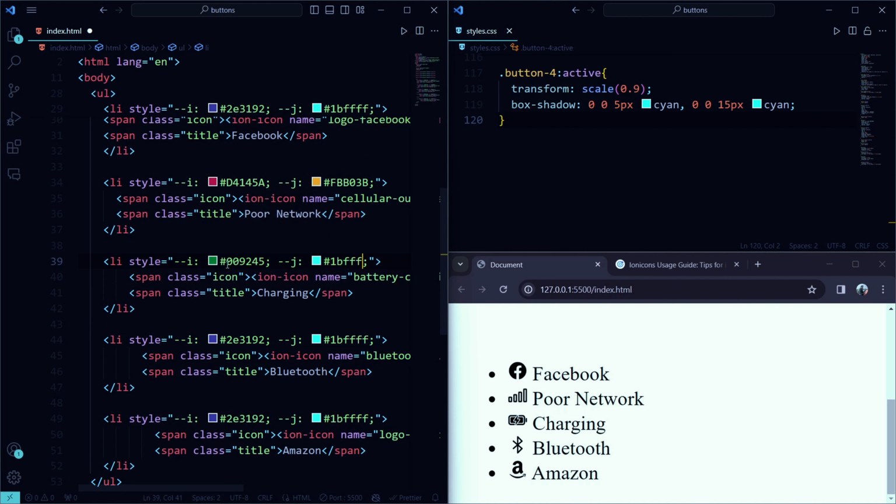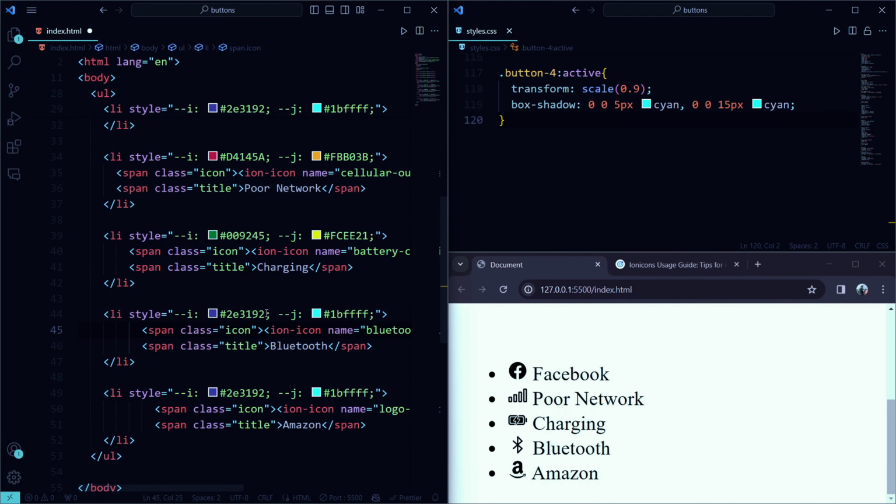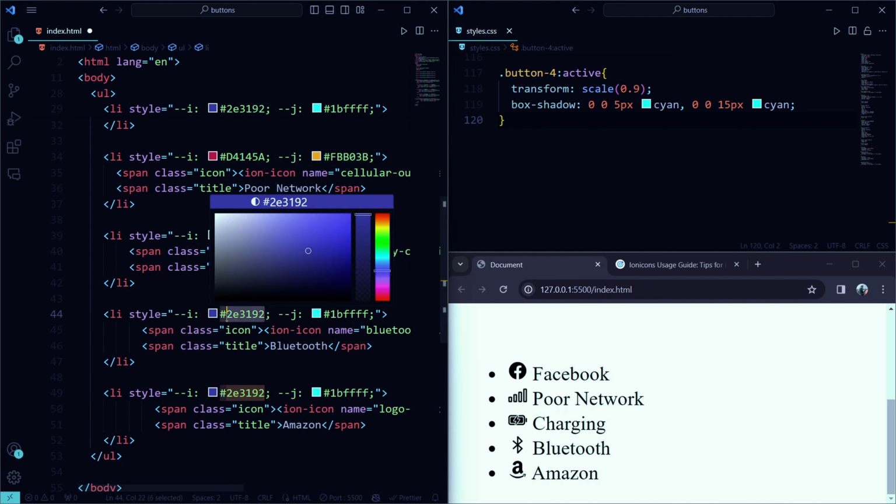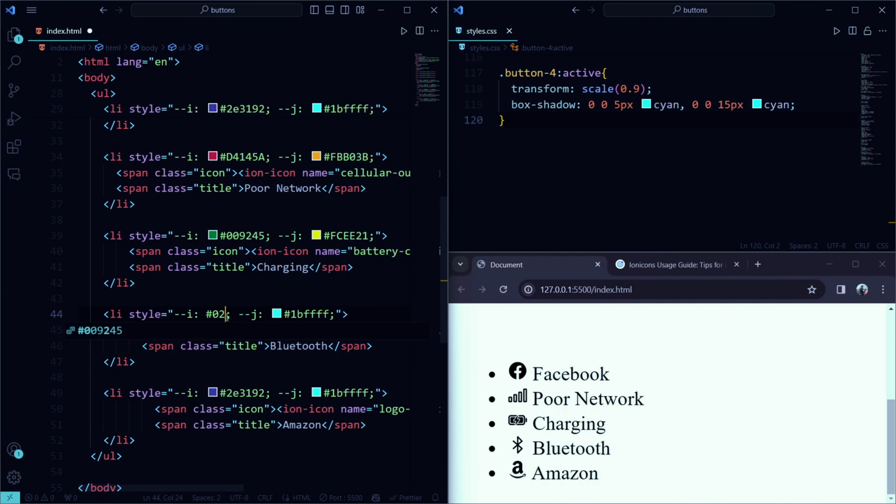Come over here. This color will be FCEE21. Come down. Now this color will be 02AABD, and this color will be something like